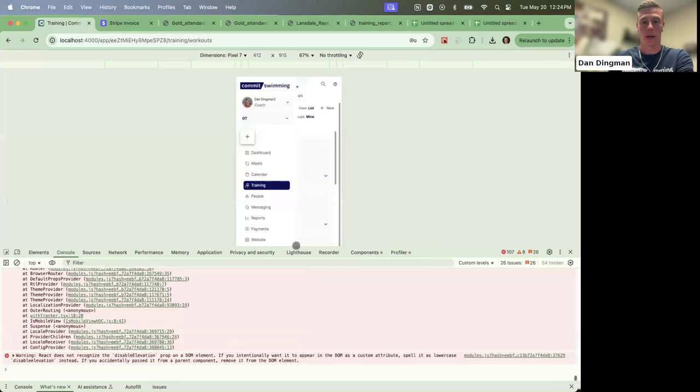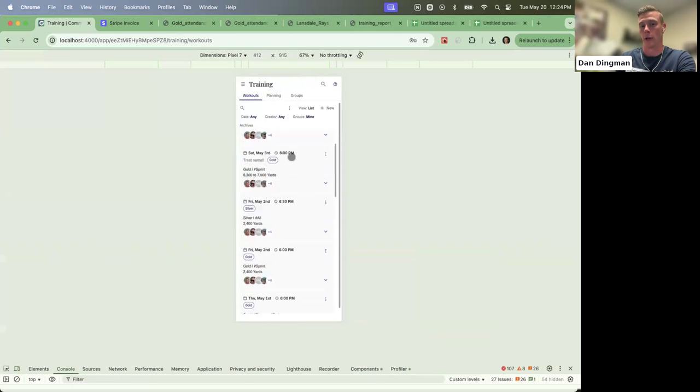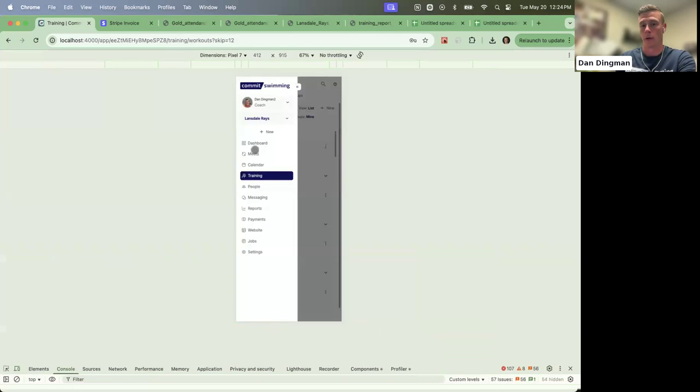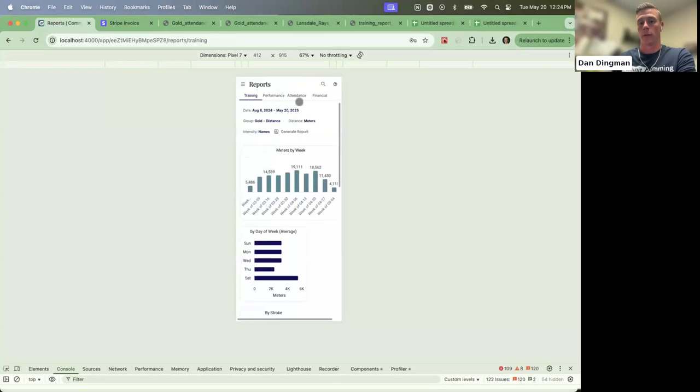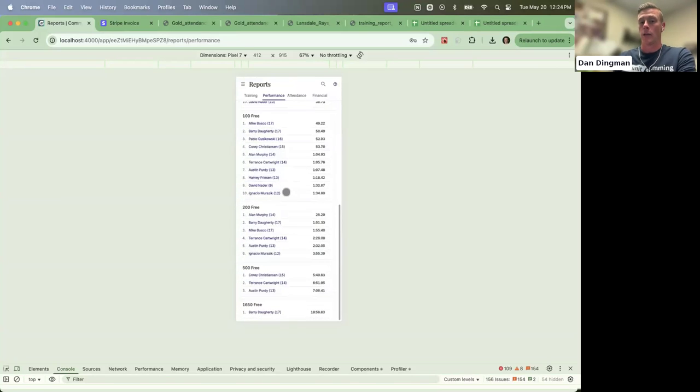For instance, if I show you what this looks like on a phone, this is what the training view would look like. You pull out your section here, and you can go into reports, and that's the report view. This is the performance view. So it's already basically a mobile app inside of your browser.